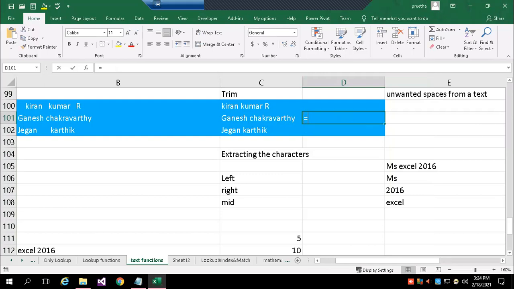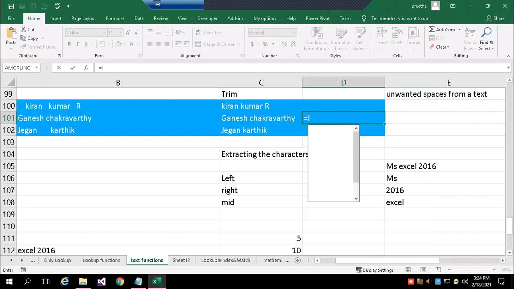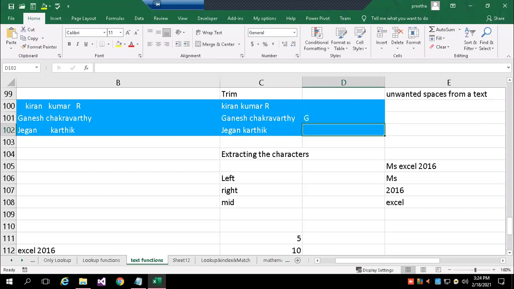So how do I do that? Equals CONCATENATE, LEFT of C101, from that the first character. So I'll get only G.